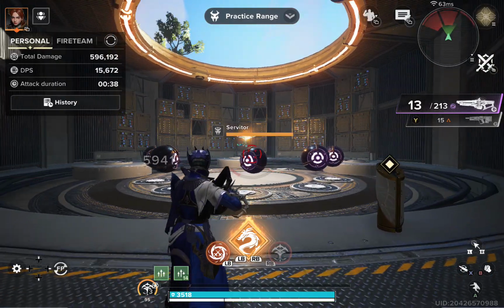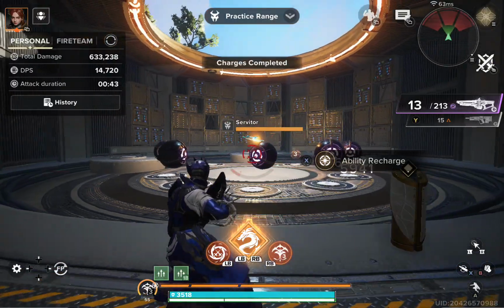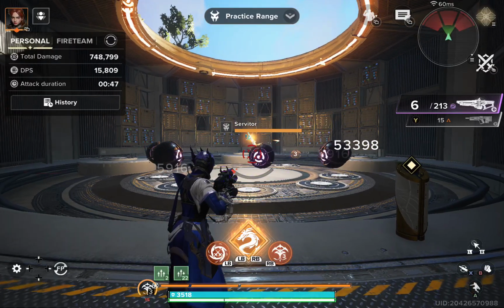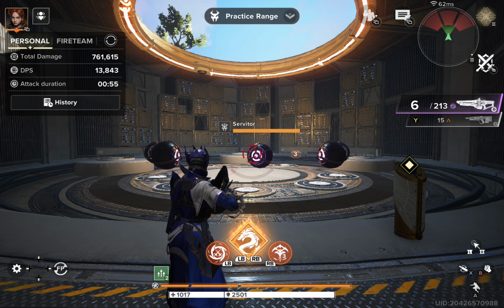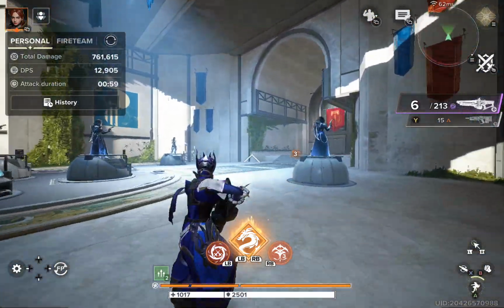Now, if you don't have full health, it'll of course start to heal you first. But these two together are what you want to use because it solves the issue that she had in the alpha and the beta when it came to survivability. Now, I believe the overshield,